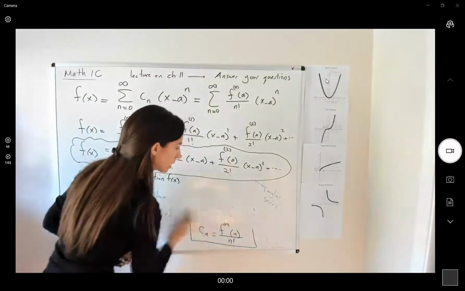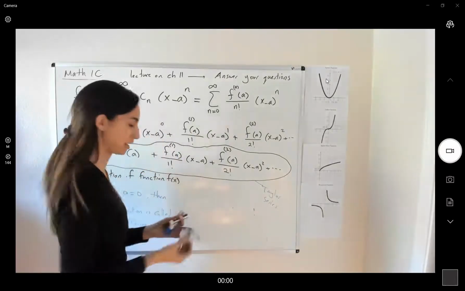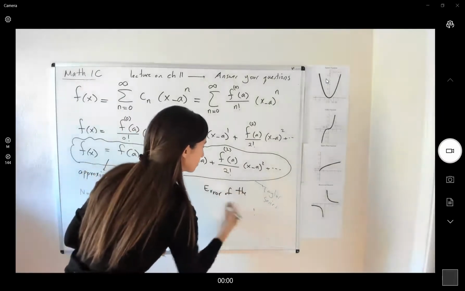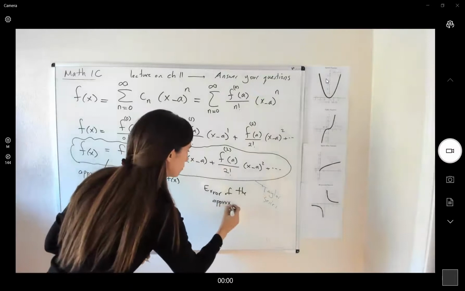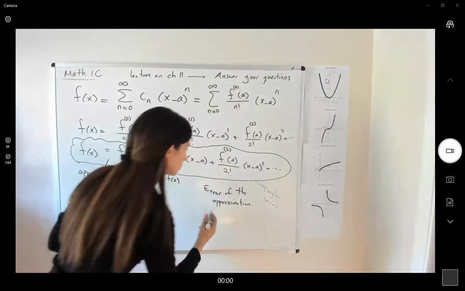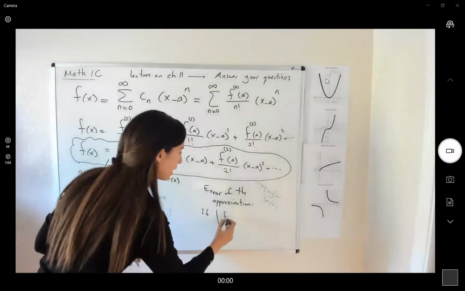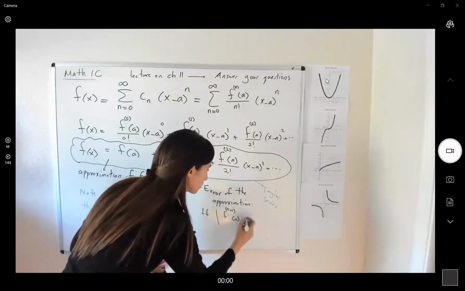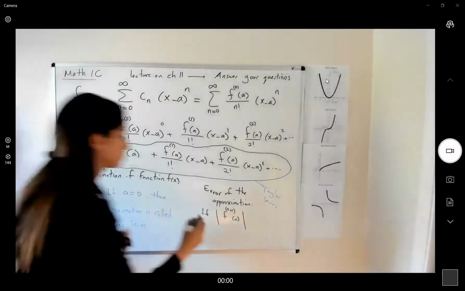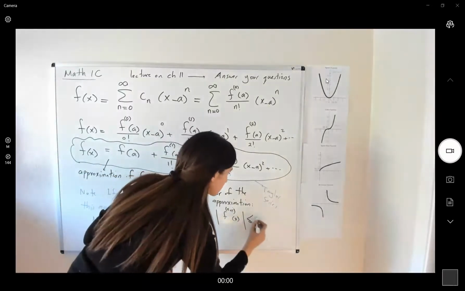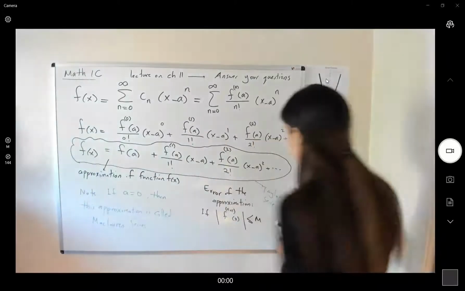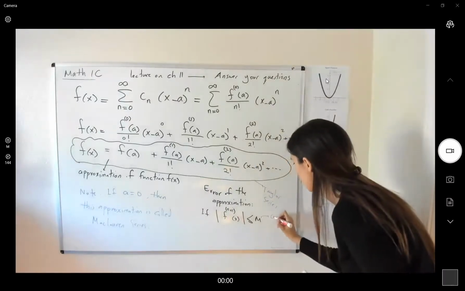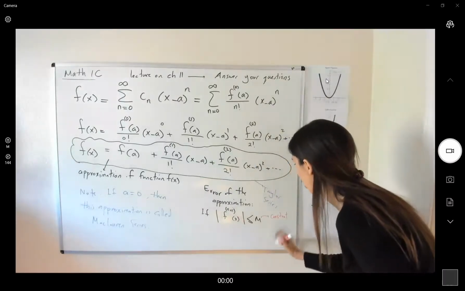Since we are using an approximation, we always end up with an error, the error of the approximation. So if the n plus 1 derivative of your function has an upper bound m, where m is just a constant and it's the upper bound for the n plus 1 derivative of the function,